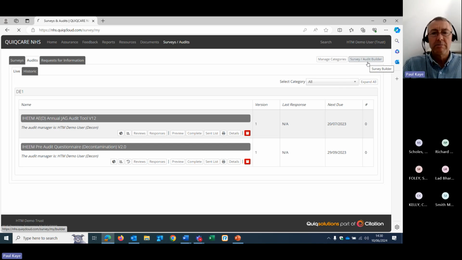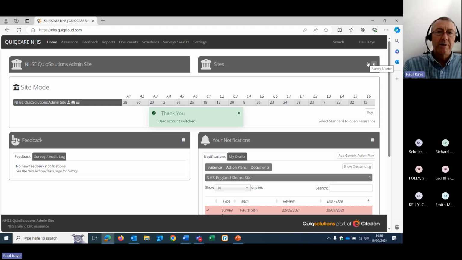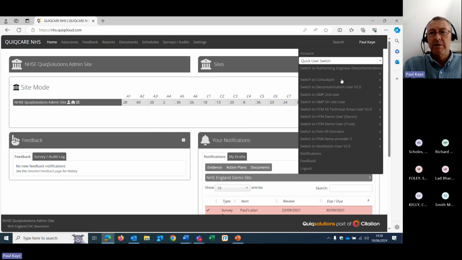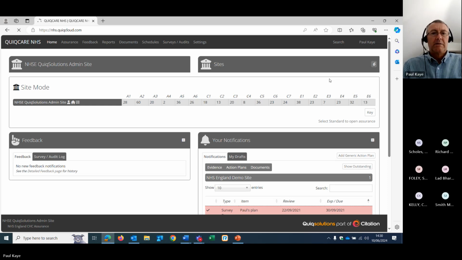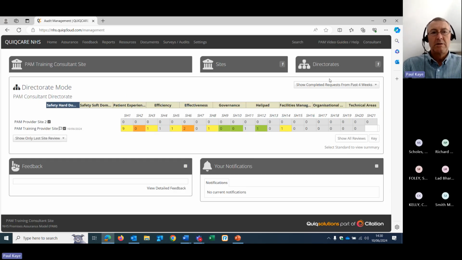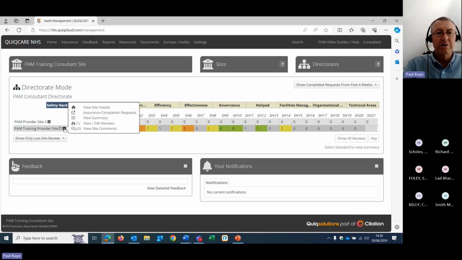The final thing I wanted to get you thinking about is, if you are part of an ICB or if you want to work with other trusts, there is the capability to have overviews, so you can compare information. If you're in a single trust, you might be comparing information across multiple locations. If you're in a trust that's part of an ICB, you can confirm what that looks like across those multiple locations. And we also have a peer review function.